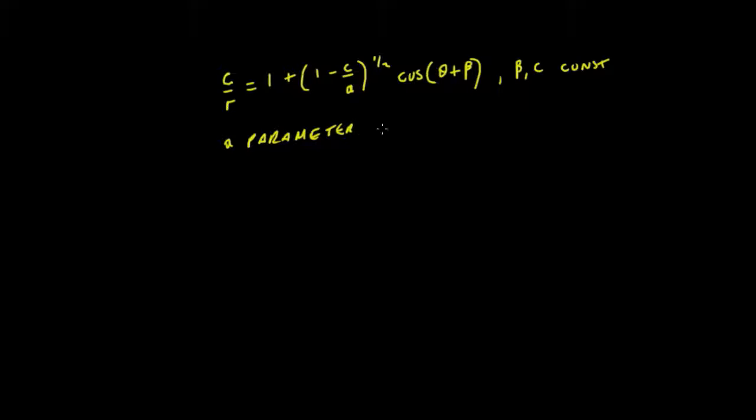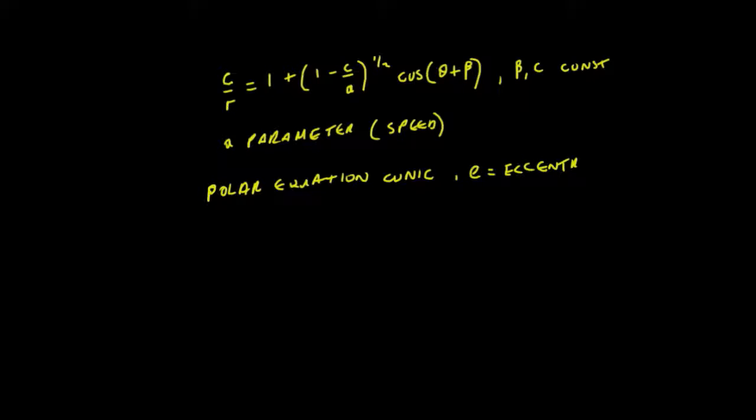In this video we're going to look at finding the conjugate points to an ellipse which has been generated by an object travelling under an inverse square law of attraction. So this equation here, which we have derived in the previous video, is the polar form of a conic, and we can see that the values b and c are constants and the value a is a parameter